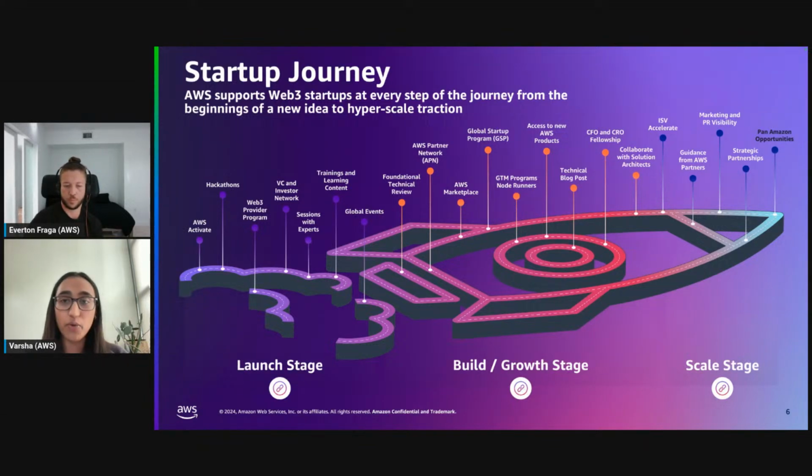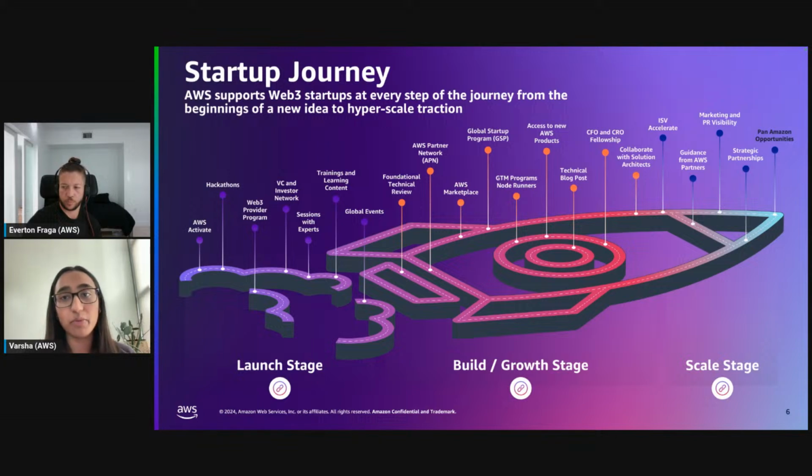Education is a very core part of the startup journey. We offer a whole bunch of workshops, demos, and architecture reviews to help you construct your cloud infrastructure for your startups.